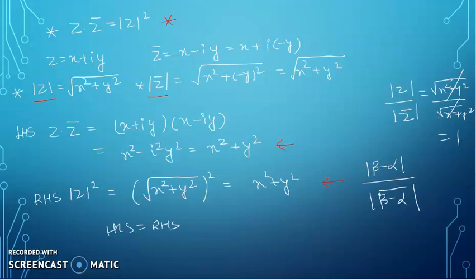See here, this is also in the question given to us: alpha and beta are complex numbers. So this is one complex number, and this is the conjugate of this complex number. So what difference does it make? It is the same. So the modulus of beta minus alpha is equal to the modulus of the conjugate of beta minus alpha. This and this cancel. So what is the answer? Equal to 1.